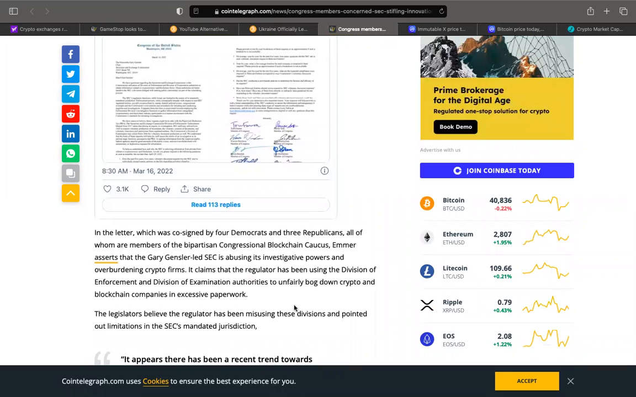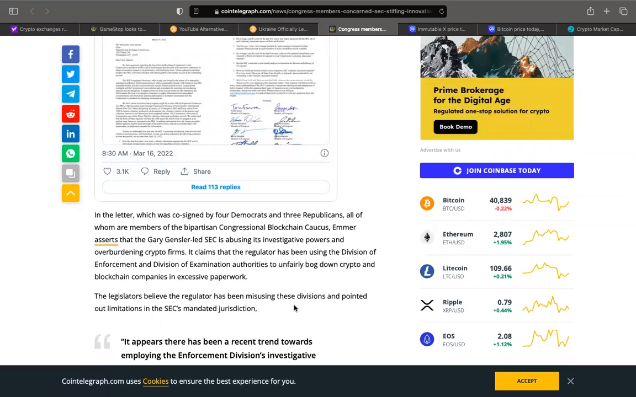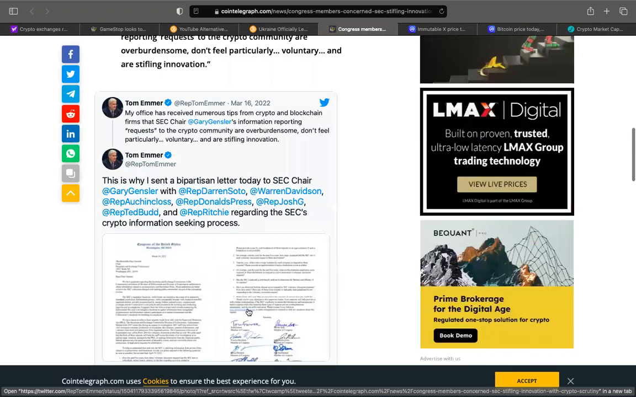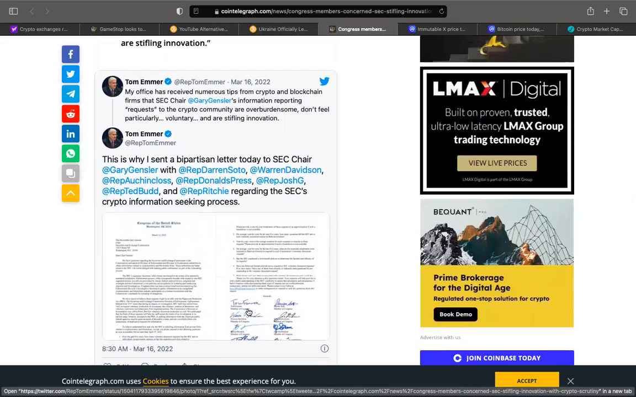I'm just saying, I'm not accusing anybody of anything. We don't know, but if you can't say no to how much crypto do you have, it's a little fishy. No comment. So you can actually see the letter here if you guys want to go on to Tom Emmer's